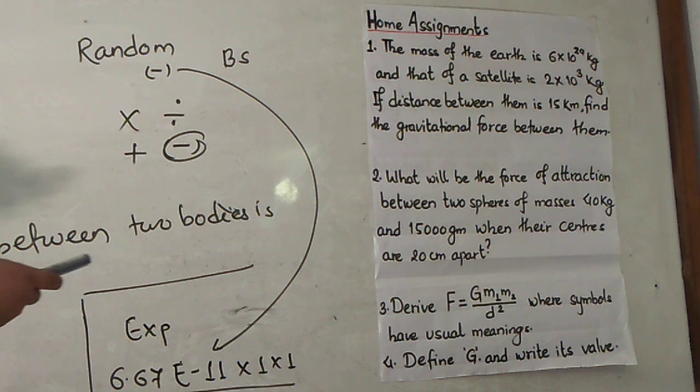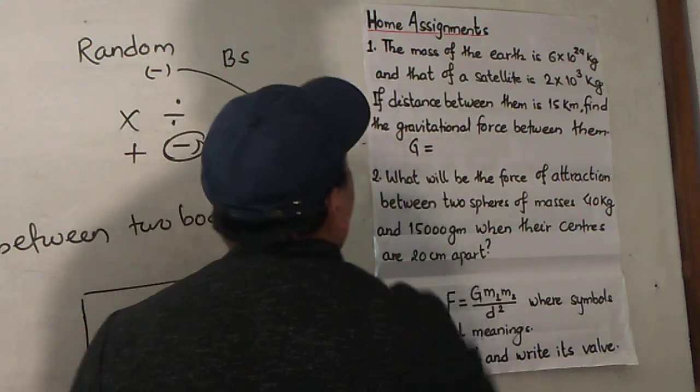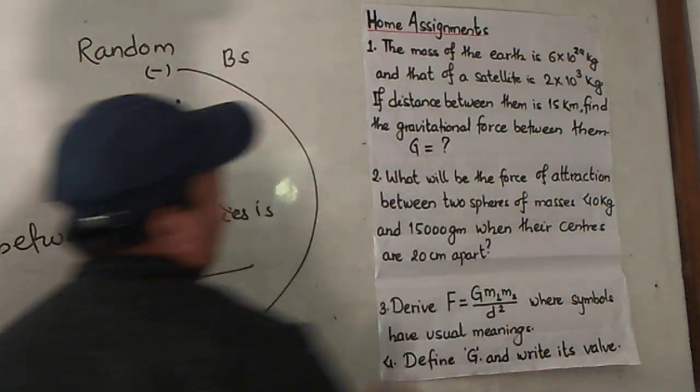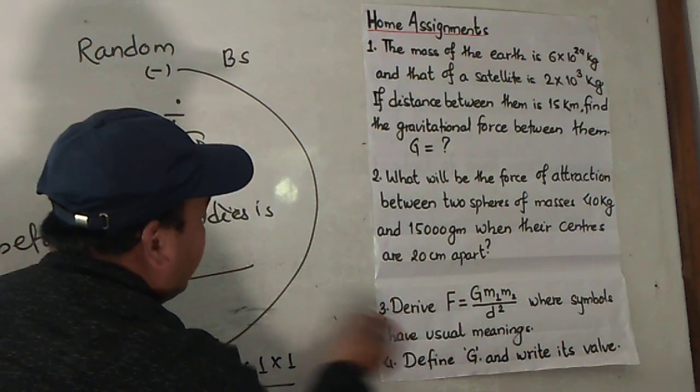And in the next part, the 2 marks, the value of capital G is not given. Okay, you have to remember and write the value of capital G. I think you all have memorized. The next part is also similar. You have to convert the mass into kg, the SI unit. And the next one is to derive the relation. Okay, practice deriving this relation.